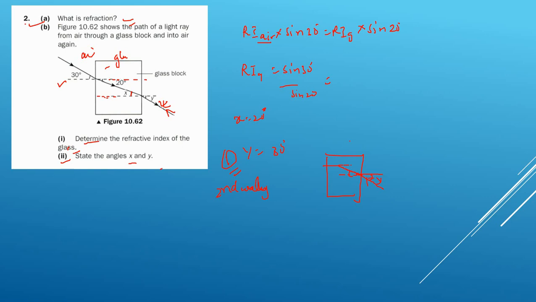Oh no, I have made some mistakes. You can try to make it. So I am entering this part. Okay, so the second way is that refractive index of air multiplied by sine y is equal to refractive index of glass multiplied by sine x. So x, you know, is 30 degree. Refractive index of glass, you have solved from this part. So you can put the data here, put the sine 30 and figure out your y. You will get the same answer.